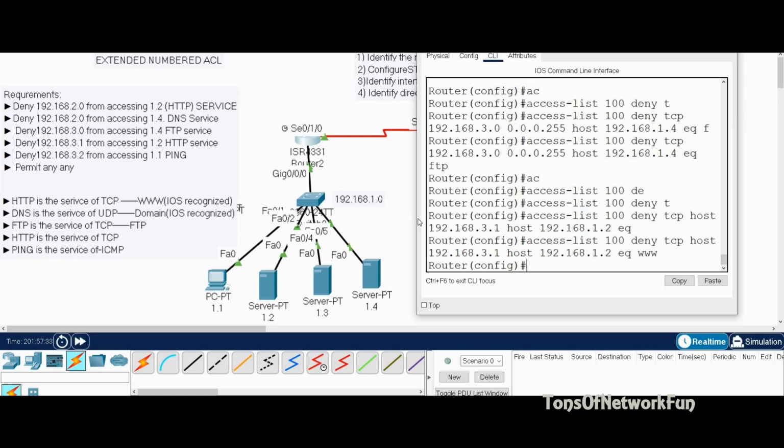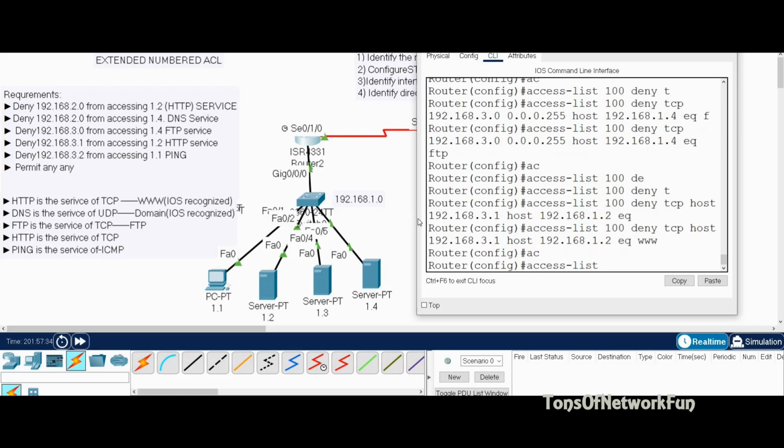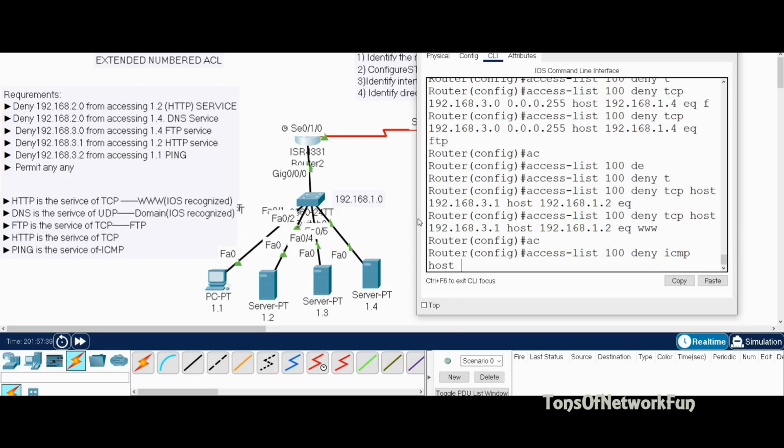The second to last one is block 3.2 from pinging 1.1. Okay, so access list 100 deny. Ping is a service of which protocol? ICMP. Okay, we need to know our protocols once again. So deny ICMP, and we are blocking a specific address. So say host 192.168.3.2, and the destination host is 1.1, 192.168.1.1, and equal to,